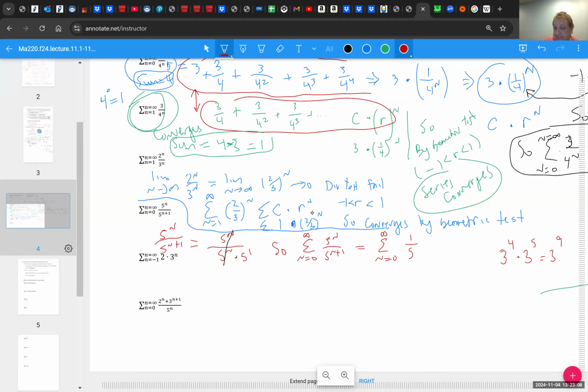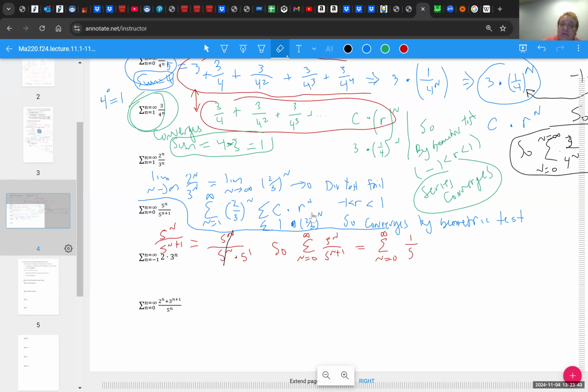Does the series of 1/5 converge? Does it add to a number? It looks like it might because it's 1/5. But remember, we're adding 1/5 plus 1/5 plus 1/5 plus 1/5 plus 1/5 forever. If you add 1/5 forever, does it equal a finite value? A lot of you might be able to reason no. If you group together 5 1/5s, that's 1. You group together the next 5 1/5s, that's another 1. So you can argue just by grouping things together, you're adding 1 plus 1 plus 1,